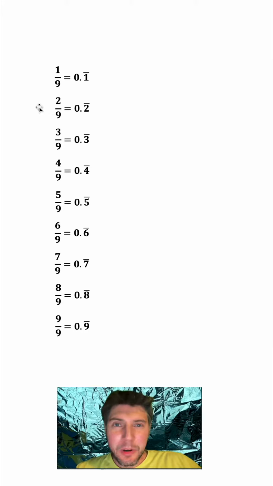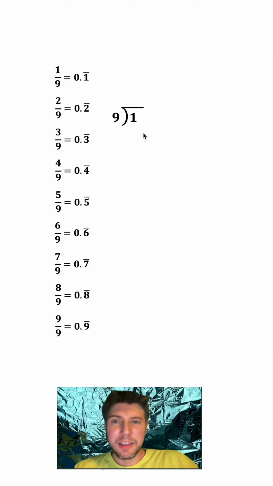If you put any number over 9, it makes a repeating decimal. 1 over 9 makes 0.1 repeating, 2 over 9 makes 0.2 repeating, and so on. Let's look at why this is. We want to make this 1 divided by 9, so we can write it like this, and let's make this